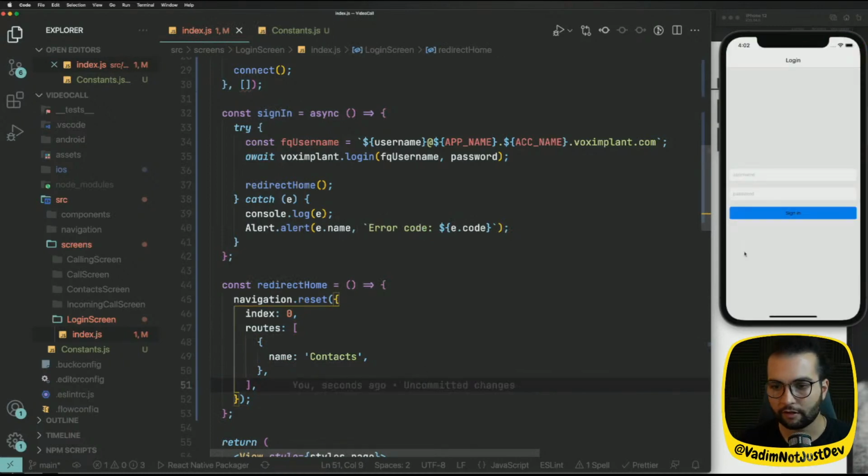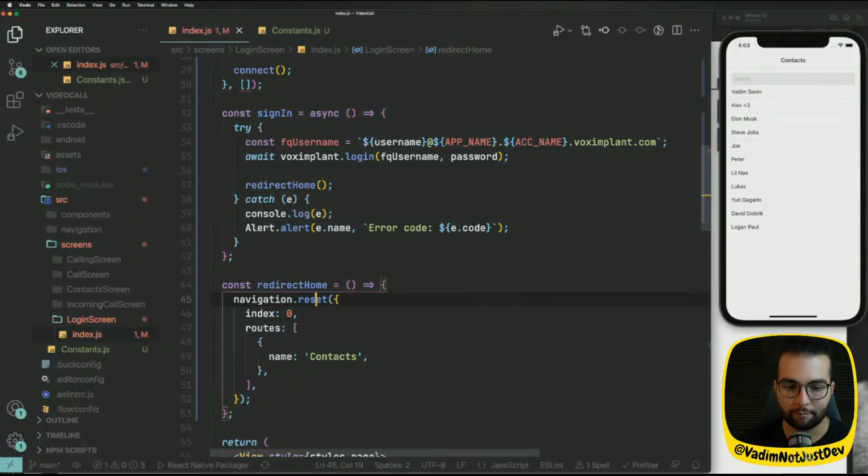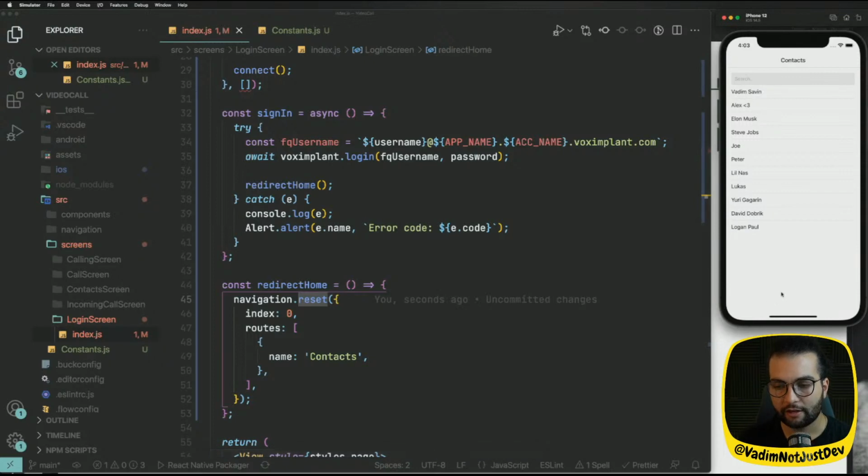Save. So right now, if I do user1, sign in, I'm redirected to the contacts, but there is no way to go back. Not from here, not with the physical back button, and so on, by doing reset. Okay, this is how we sign in